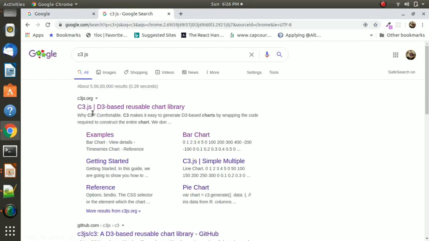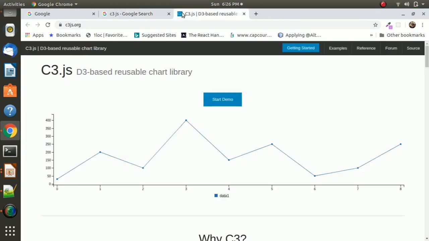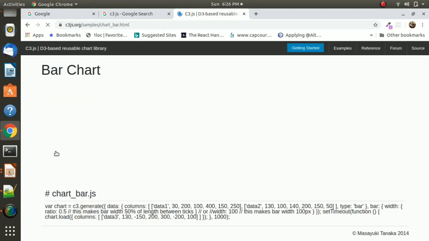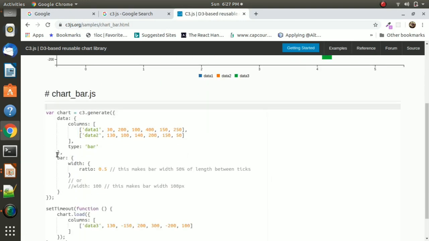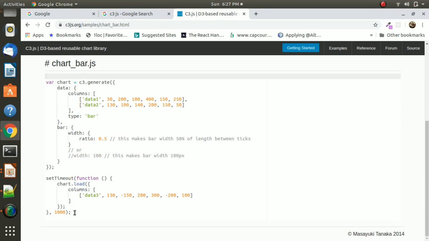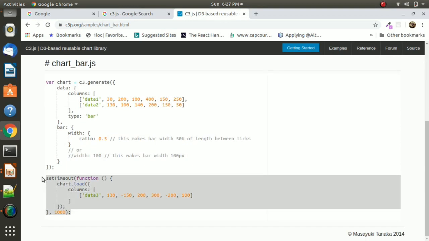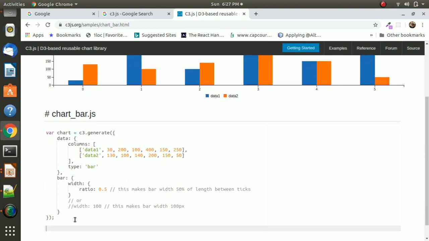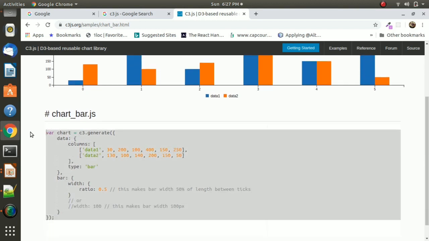If we want to create a simple bar chart, then how do we create that bar chart in C3? Here is the example. You can pass a simple config to create the bar chart. Here is the simple config available to create charts using the C3 library.